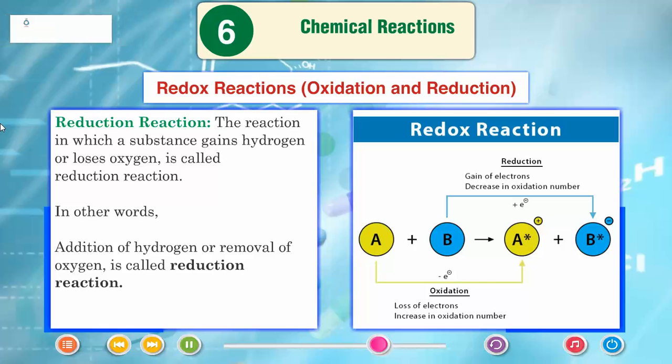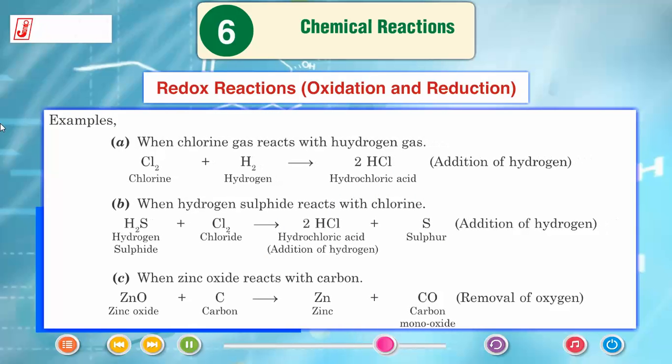Reduction reaction. The reaction in which a substance gains hydrogen or loses oxygen is called a reduction reaction. In other words, addition of hydrogen or removal of oxygen is called a reduction reaction. Examples: